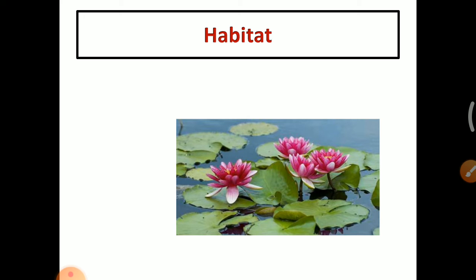Look at this image and you know that this is a lotus. It grows in water. Can you grow the same lotus in a pot or on the land? No. Why? Because every plant cannot be grown in a pot or on the land, because they require different environments to live. We cannot grow a rose plant in water, the same as the lotus plant in a pot, because these two plants are different and they require different environments to live.